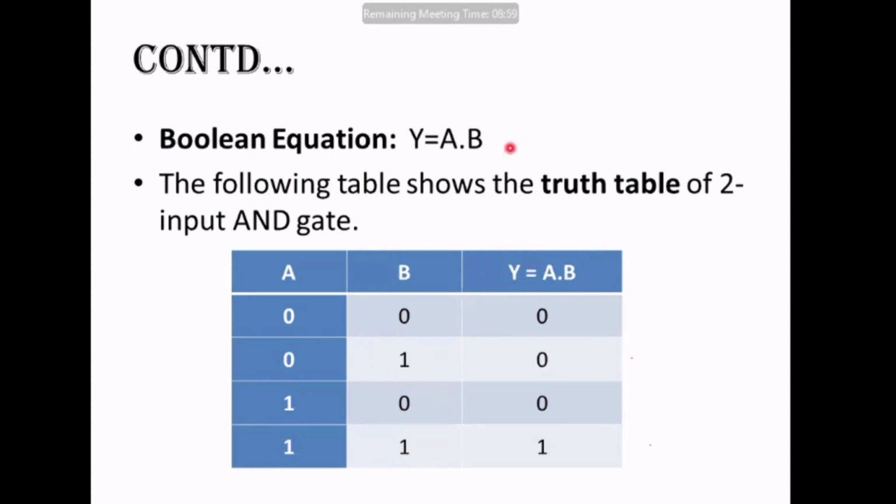These kinds of sums will come to you, but after studying all the basic gates and the derived gates. So after doing all these things, then we will go to that exercise, on the basis of which either you will be given a circuit from which you will have to write the Boolean equation for that circuit, or you will be given the Boolean equation for which you will have to draw the circuit diagram. Understood?